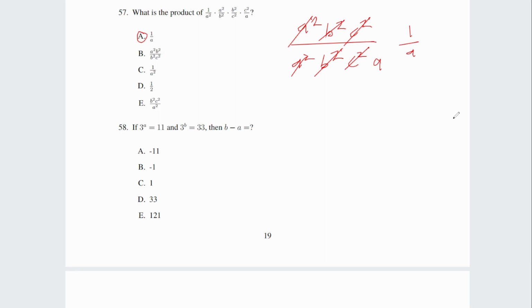And the same holds for this question. 58, if 3 to the a equals 11 and 3 to the b equals 33, then b minus a equals what? This is a little bit more difficult to express by writing it out, but what you know is that